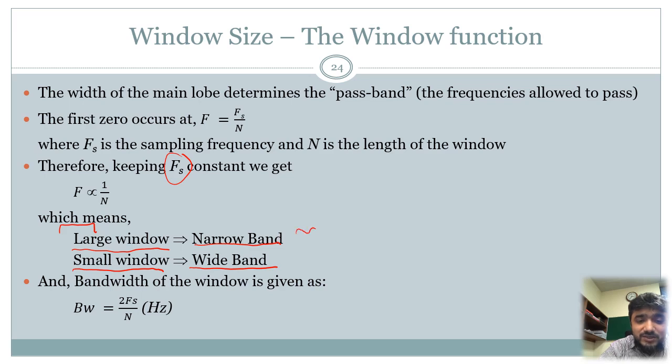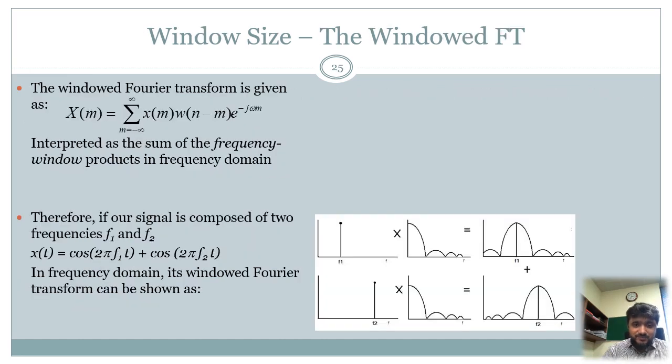सो ये टाइम की विंडो है और ये आपका बैंड है, जो ये साइड लोब्स हैं और ये आपका सेंट्रल लोब है। एंड दिस सिमिलरली ये टाइम की स्मॉल विंडो है और ये आपके बैंड्स हैं फ्रीक्वेंसी डोमेन के अंदर। सो द बैंडविड्थ ऑफ द विंडो इज गिवन एज बैंडविड्थ इज इक्वल टू 2 इंटू एफ एस ओवर एन, ठीक है।